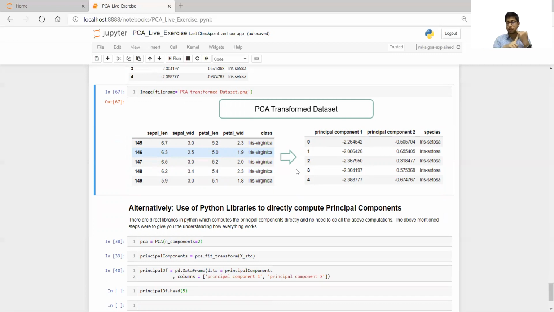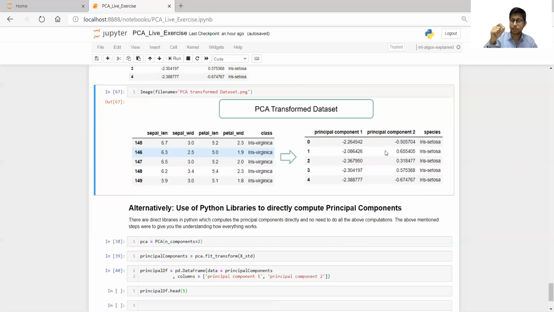We started with standardization, then we understood the covariance matrix, then eigenvalues and eigenvectors, then we sorted based on the explained variance, then we transformed the eigenvectors into the new projection matrix. Then we transformed our data set with respect to the projection matrix, and we got this transformed feature space. This is the final goal.